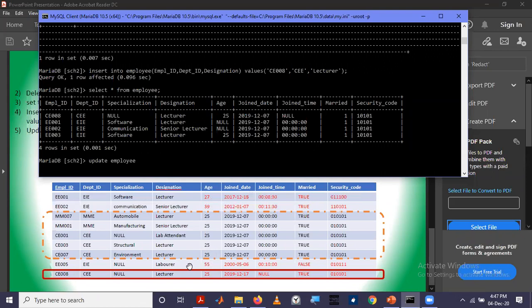Then this row. And this row is unaffected. So we have to change 3 rows into these values.